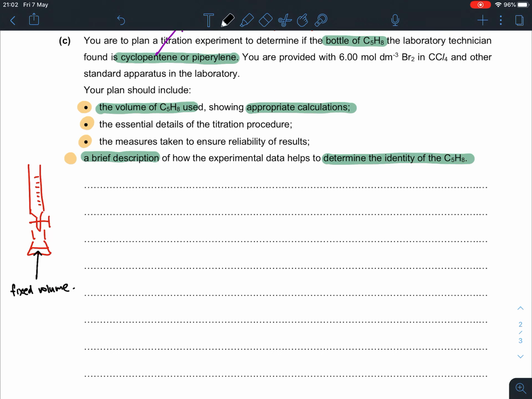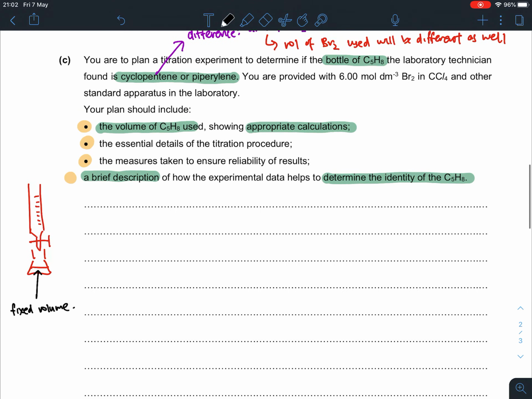Okay, so whether the identity is cyclopentene or piperylene, I'm going to decide on a certain volume, and in such a case, I would show the calculation using 25 cm cube and prove why it is not a suitable volume to be used. Okay, so I would show this calculation. So if 25 cm cube of the unknown C5H8 is used,